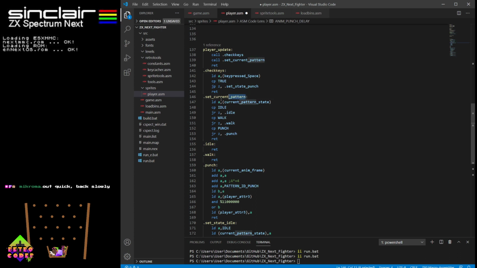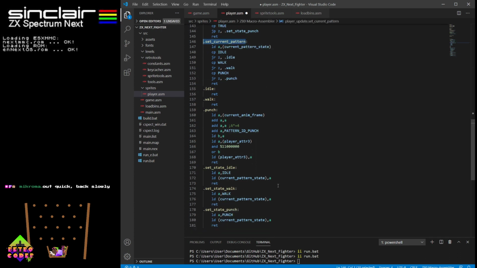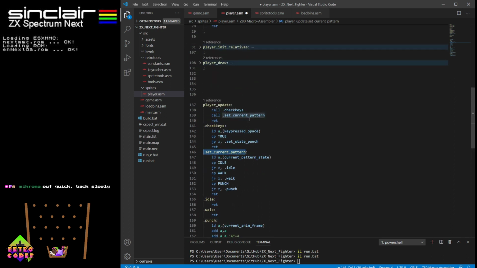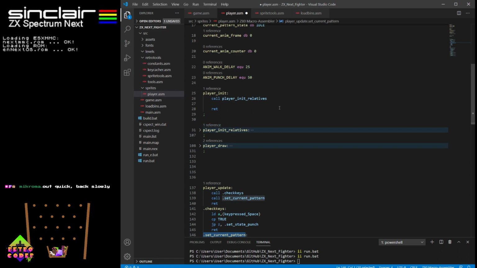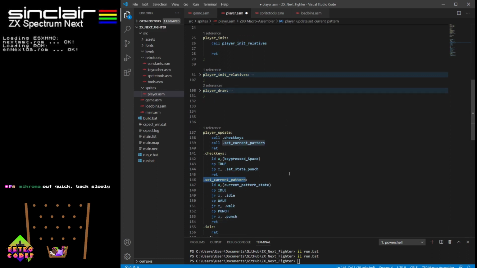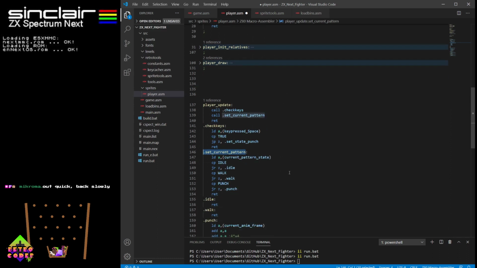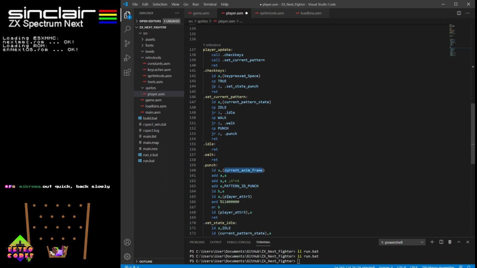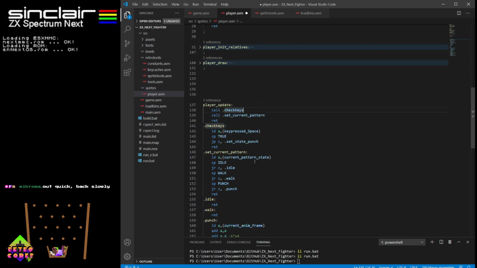So this is just setting the current pattern. And in my mind, I'm thinking it's best to keep it doing not the whole thing. Try and separate it a bit. So when we tick up the timer, remember this is going to check our current anim frame and just do the pattern. So as long as we set the thing before that, or at any time really, but